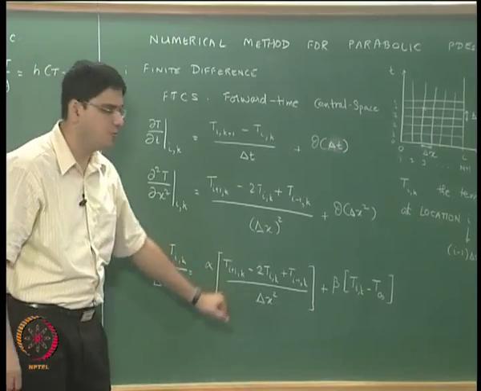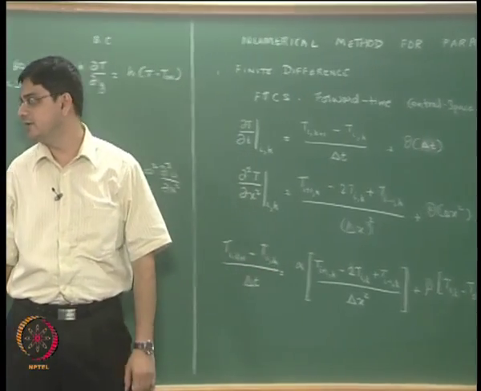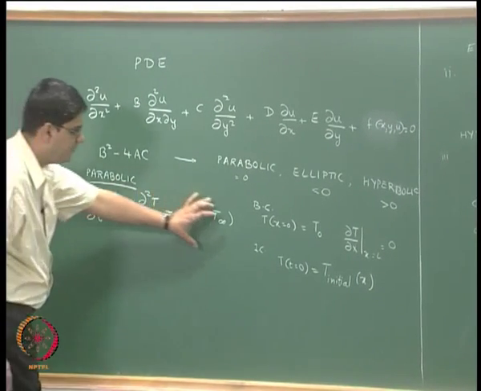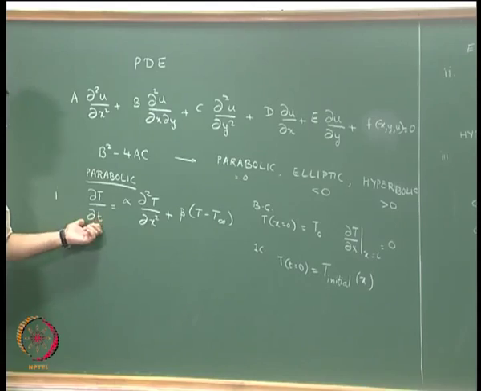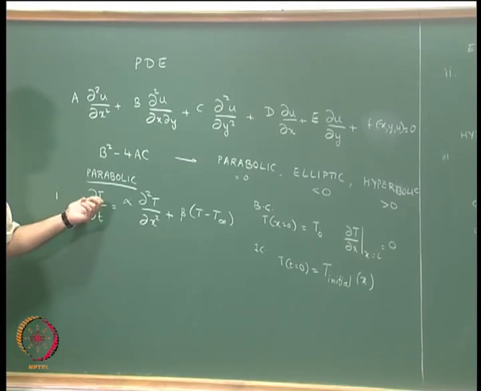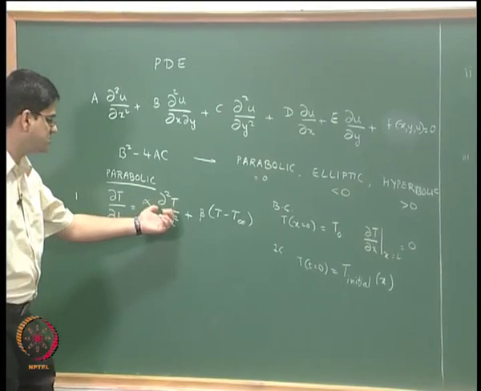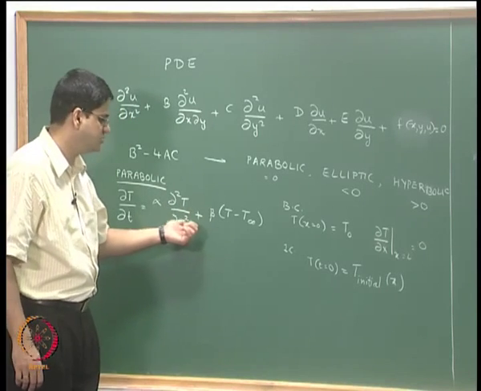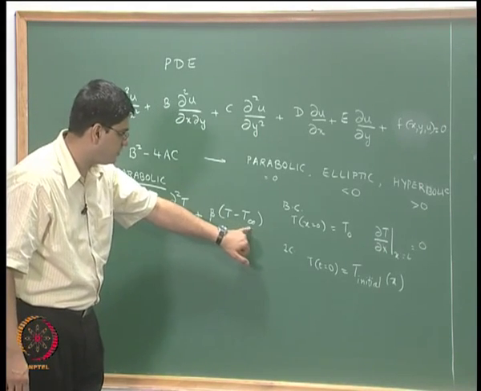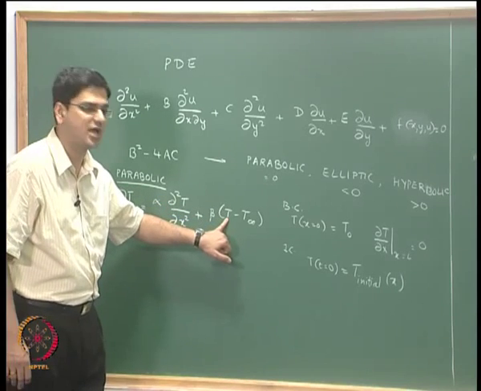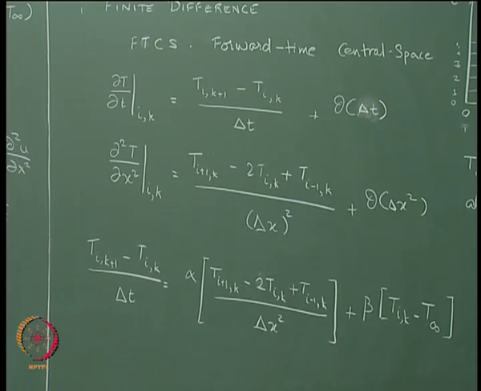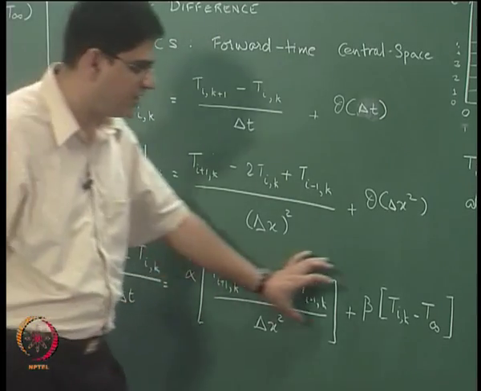Now if we go back to the equation that we had written earlier, which I have over here. Okay. Just to recap what we have done, we have obtained partial T by partial t at time t equal to k using the forward difference scheme, partial squared T by partial x squared at x equal to I using the central difference scheme, and we have substituted the value of T at location I and at time k, and that is what we have done. And finally when we do that, we will get this kind of an expression.